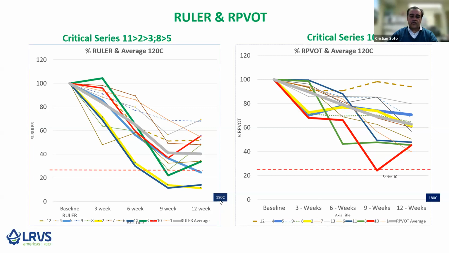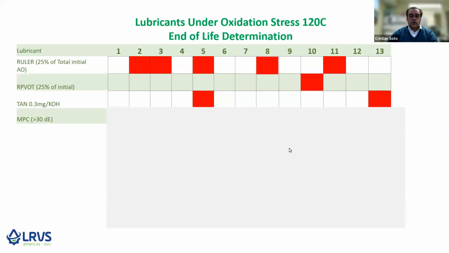That's just written here for reference in these images. All the results here are for 120 degrees C. Now, one would expect, according to our orthodoxy, that as ruler goes down, and RPVOT goes down, and TAN goes up, one would expect perhaps deposit formation. That's one of the reasons one is putting antioxidants into the system or formulating, in order to reduce the formation